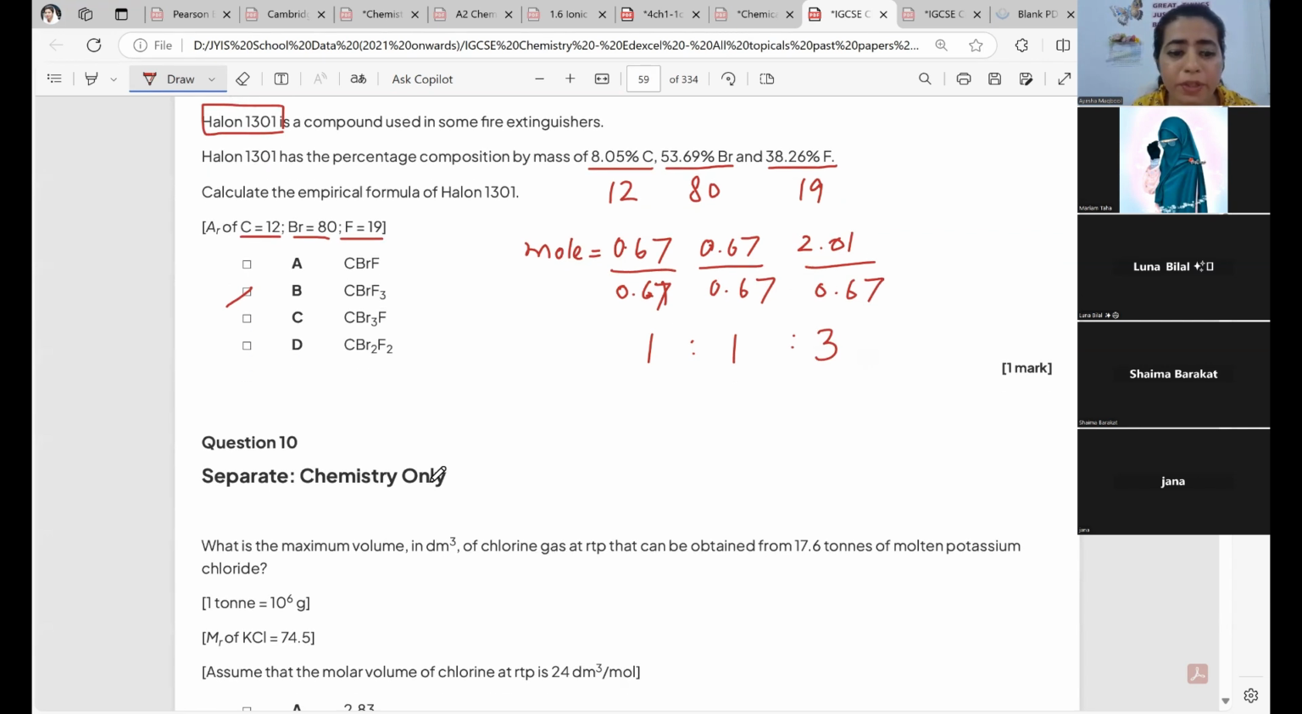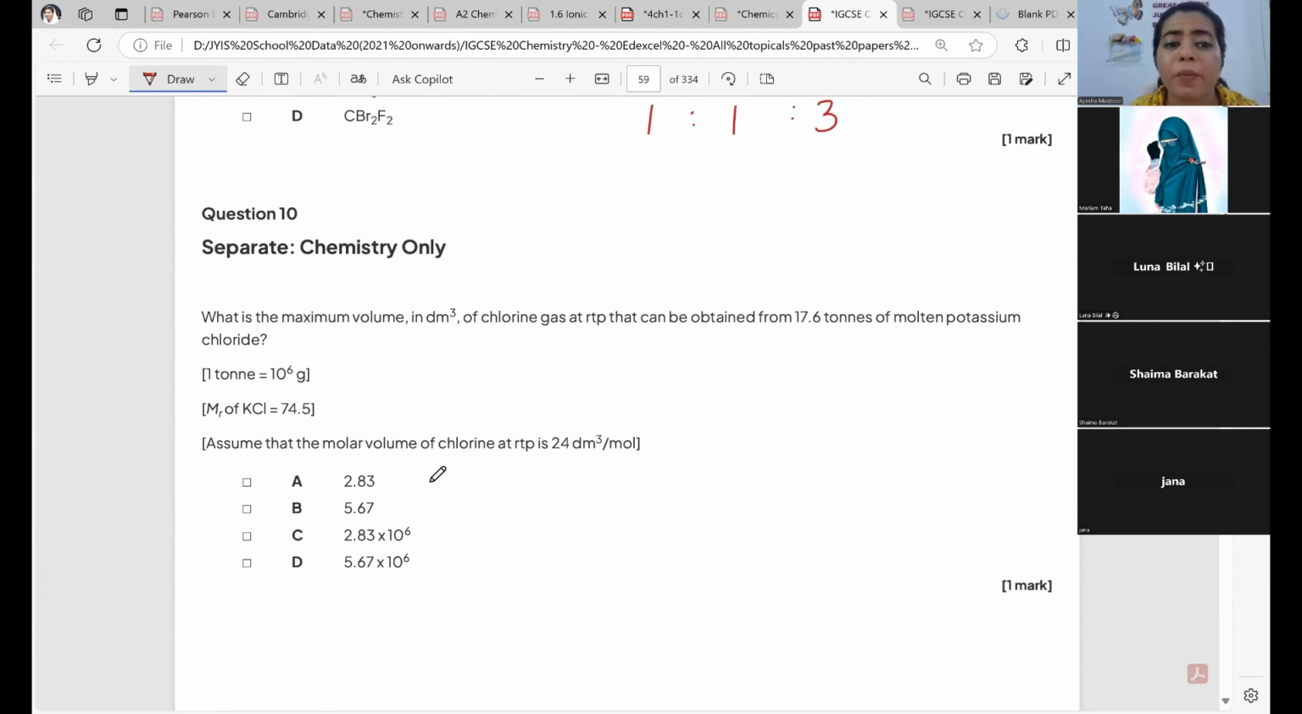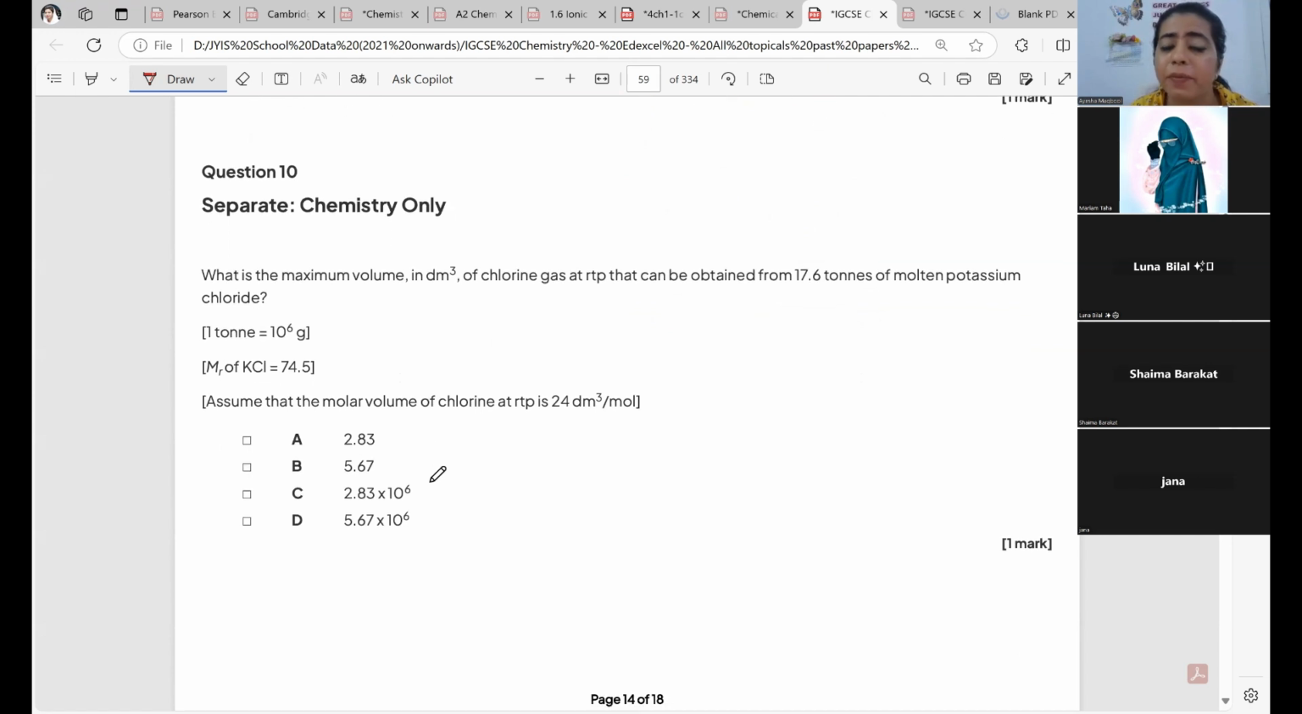Let's move to question number 10. That is from today's topic, molar volume. A little different question, but I hope you can solve it. What is the maximum volume in dm cube at RTP obtained from 17.6 tons of